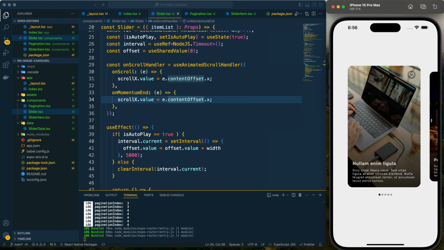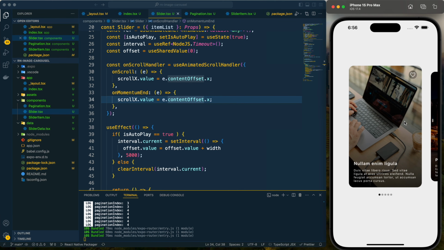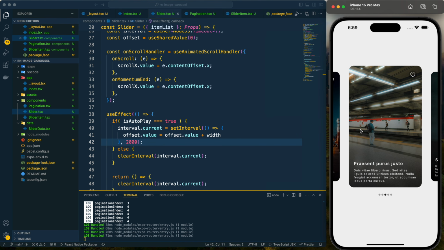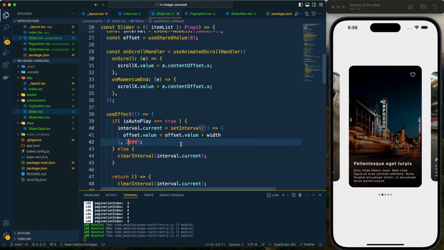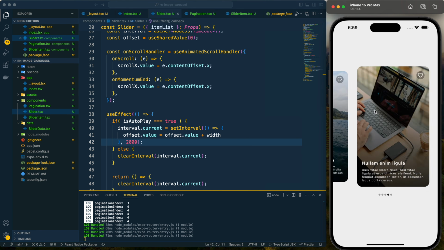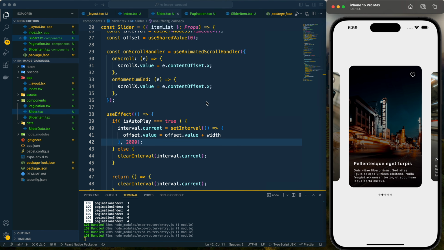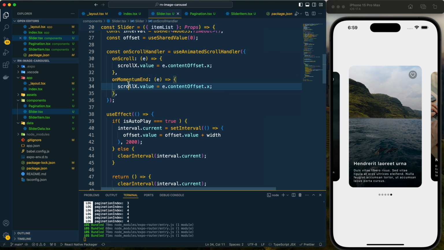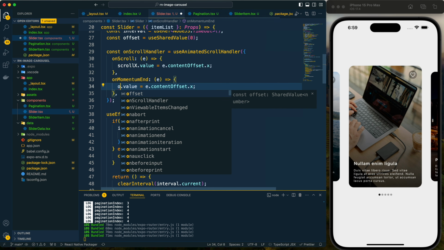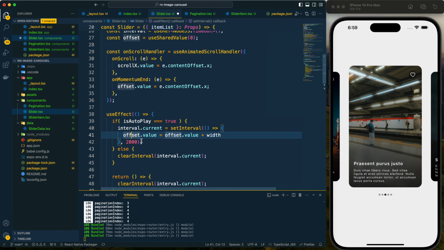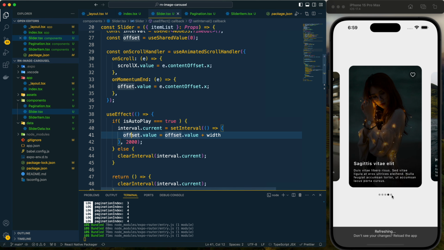Now let's do the sliding. Okay, so now I have updated the value to this value, and now if I slide, then also we can see that glitch persists, and that is because here I have made a mistake. I am updating the scroll x value, but I need to update the offset value, because by the offset we are providing the autoplay, right?